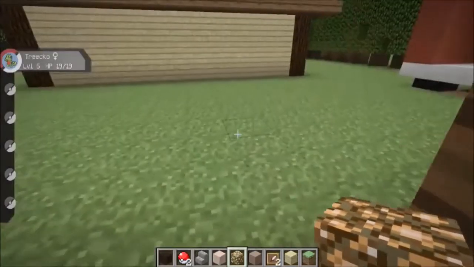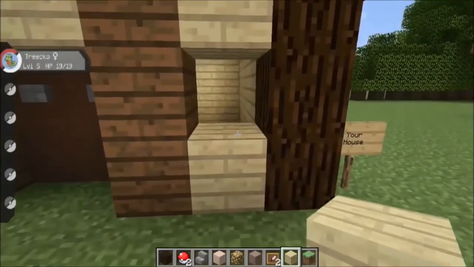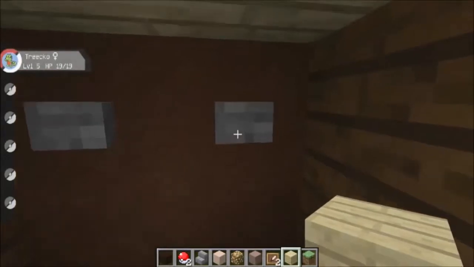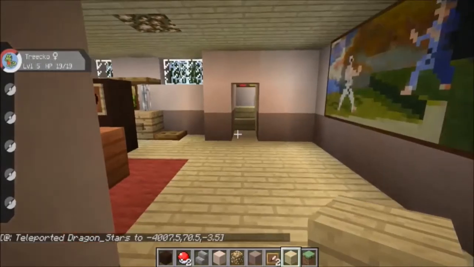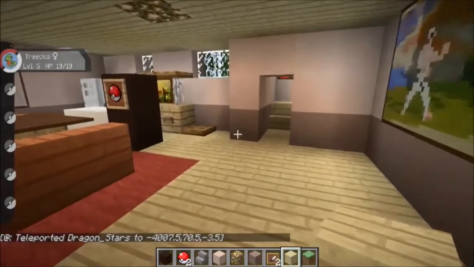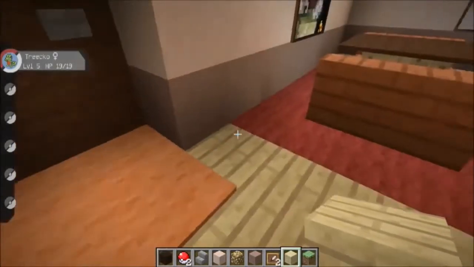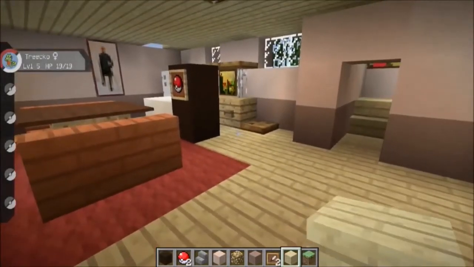And so of course we come back out here, press the button, and we get zapped over here. As you can see, it does still have the message down there, and that's something we're going to take care of in the server file later, so don't worry about that right now. So anyway, we've got the door leading back out. And we'll show you here,